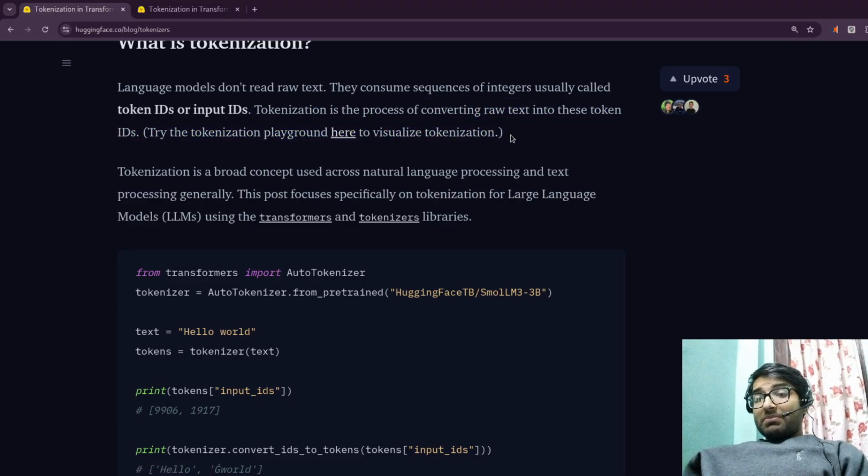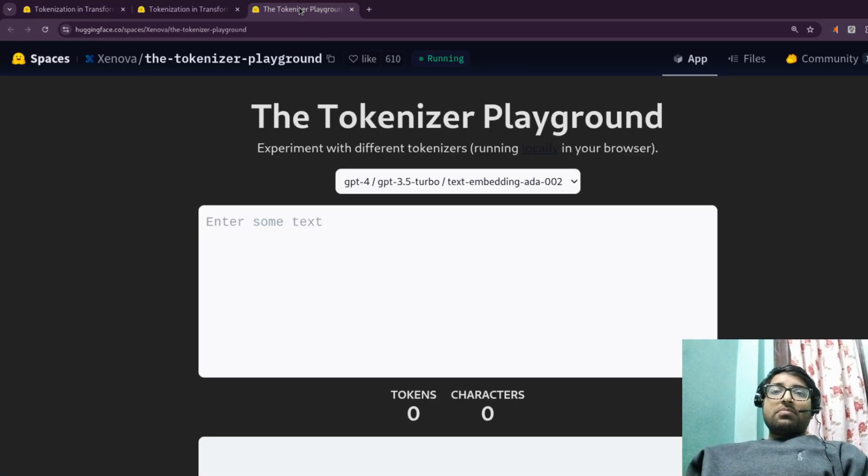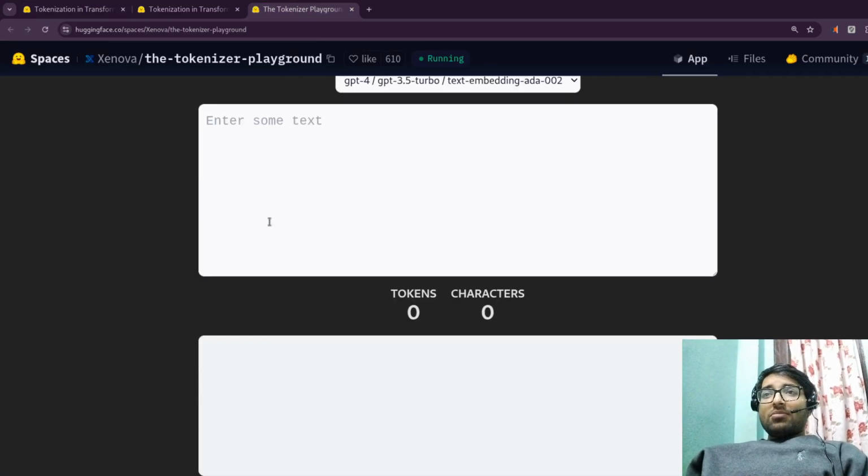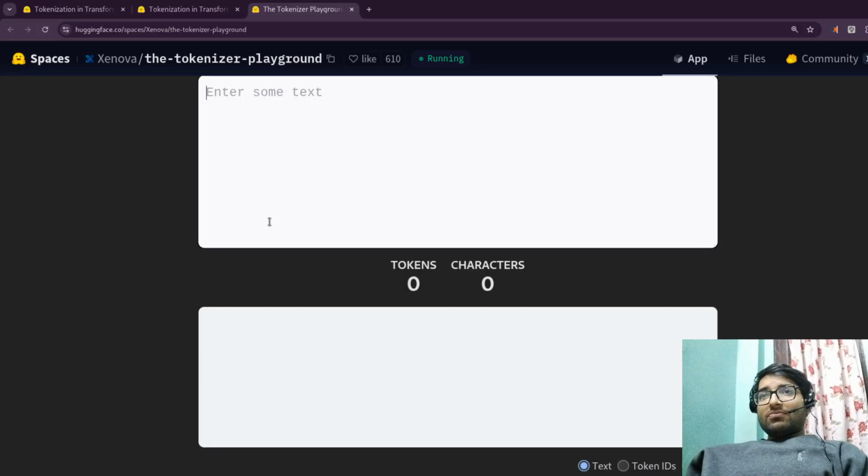In simpler terms, language models do not work directly with words. They work with numbers, and we have to convert what we're trying to say, that means words, to numbers. And it is not a simple one-to-one mapping, but rather some sort of mathematical model is going on,